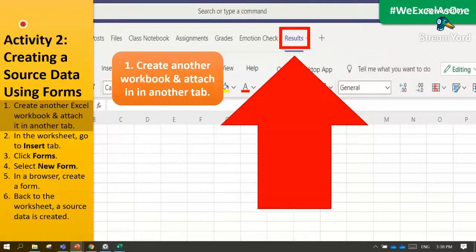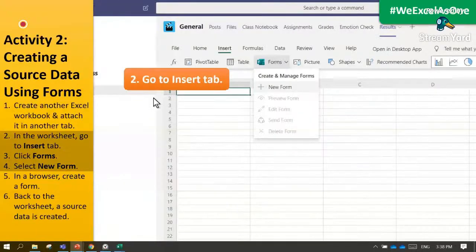Now the second step, since we are done with creating the workbook and adding the tab, we can now go to the workbook that we have created, and the second step is to go to the insert tab. The insert tab is the third tab of the application. So you click that, and after clicking, the third step is to click forms.